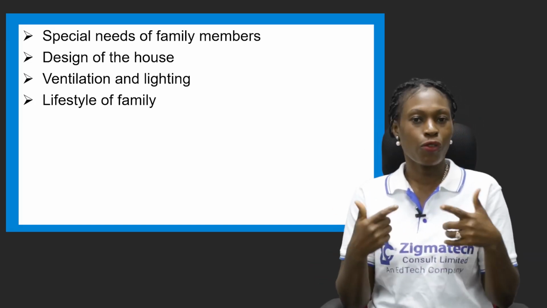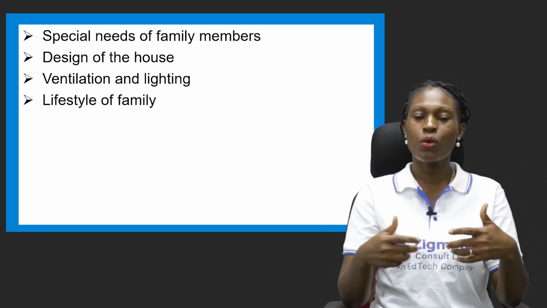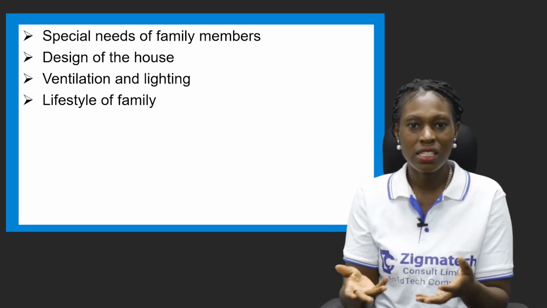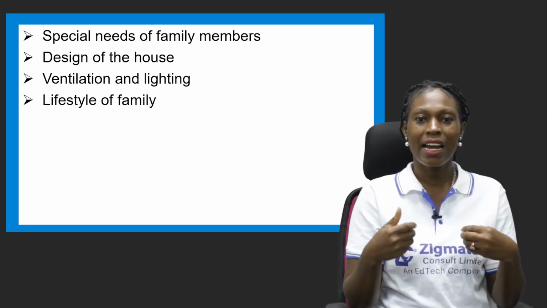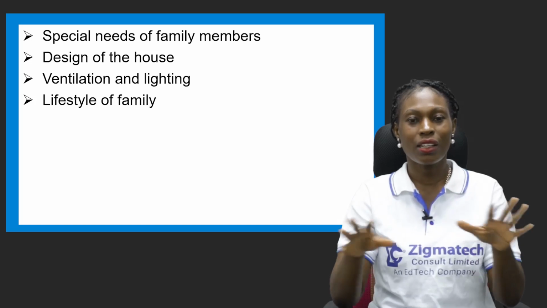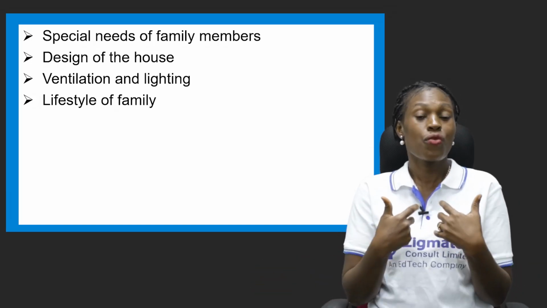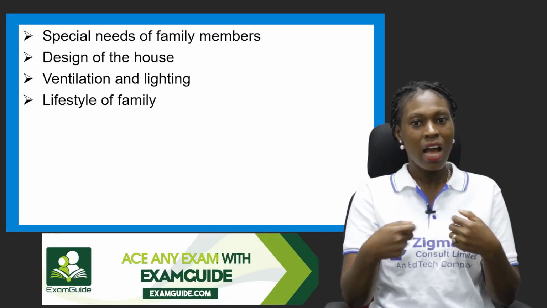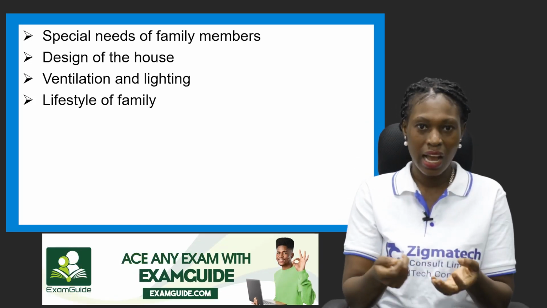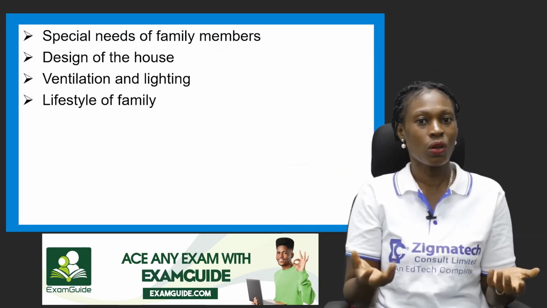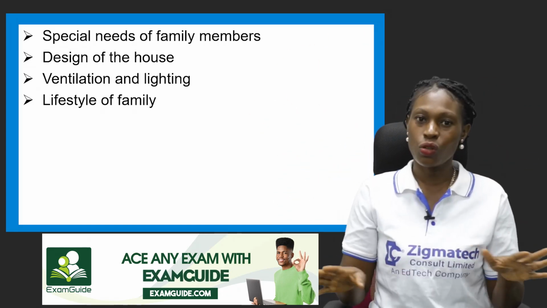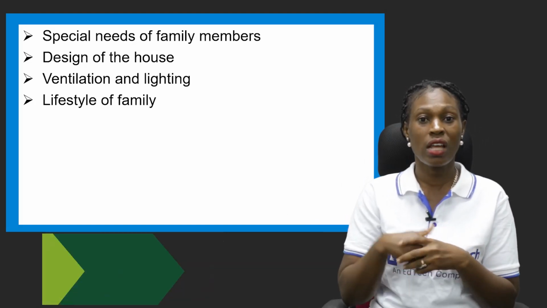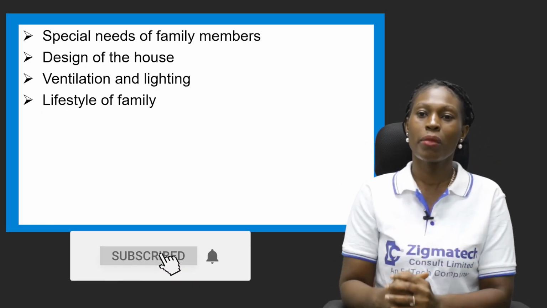Now, giving an instance, for me, when we had to come back, we didn't actually get to see where we're renting, and only for us to get here and we got to the kitchen, everything was just like nothing was happening there. If I were to go and get somewhere to live, I wouldn't pick that place, because I knew what I wanted. I wanted a kitchen that had cabinets and all of that, but this one was just built on its own. So we had to do what? Get all of that for ourselves. So the design of the house is another factor that influences the choice of the family house.